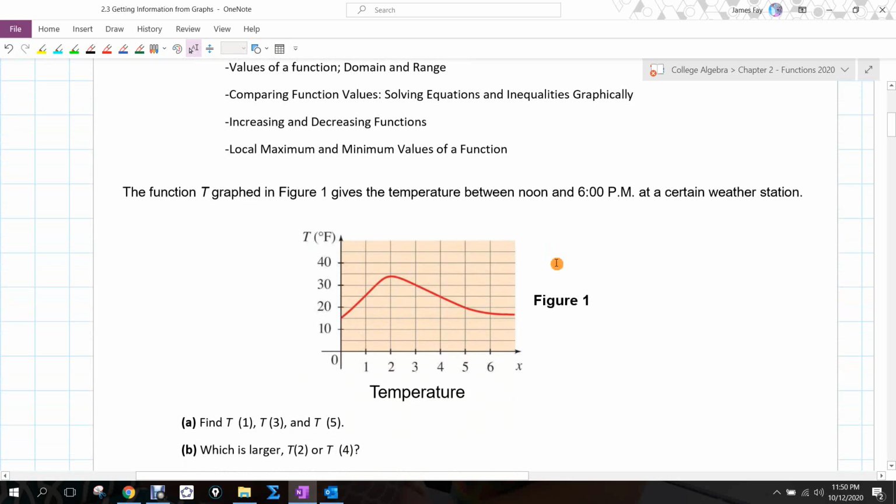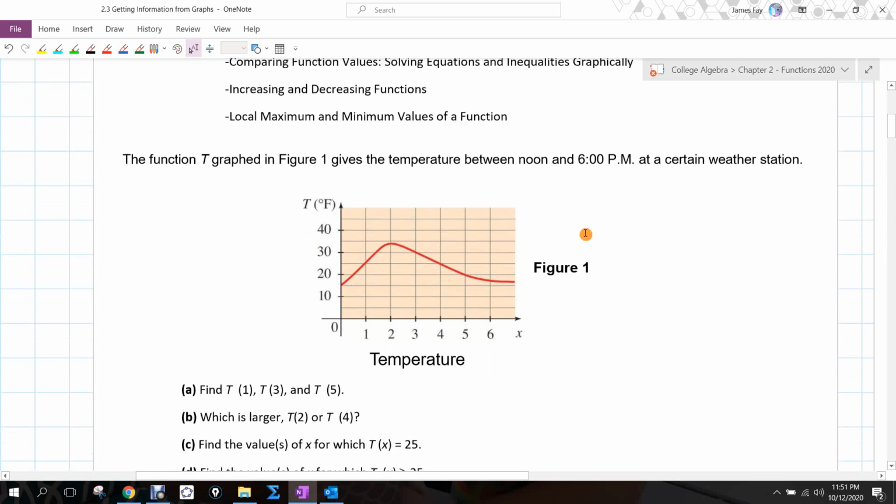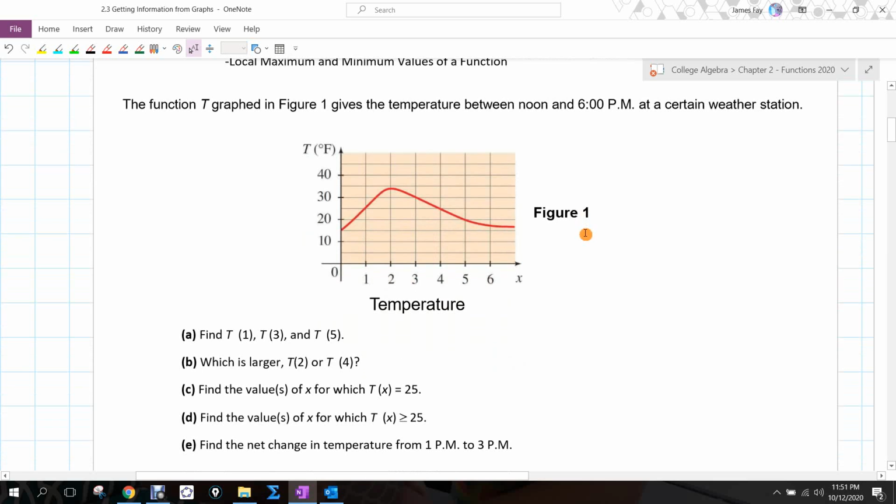All right, so we look at this function T graphed in Figure 1. It gives the temperature between noon and 6 p.m. at our weather station. So they're going to ask us some key questions. Can we find T of 1? Well, T of 1, remember,